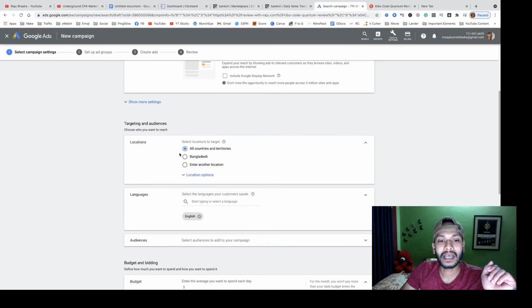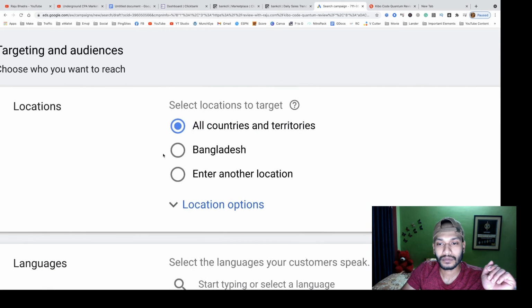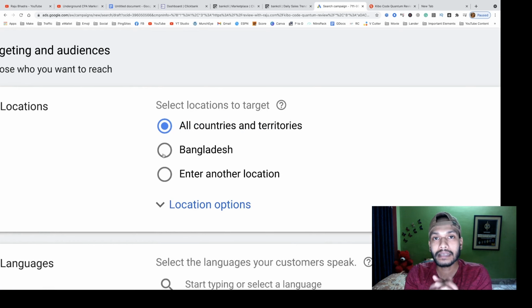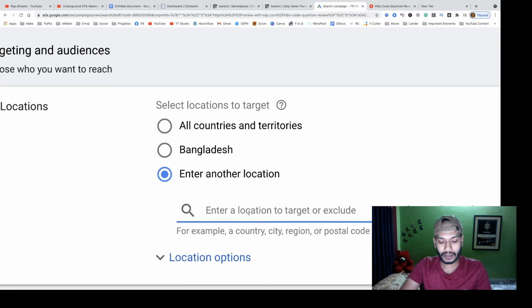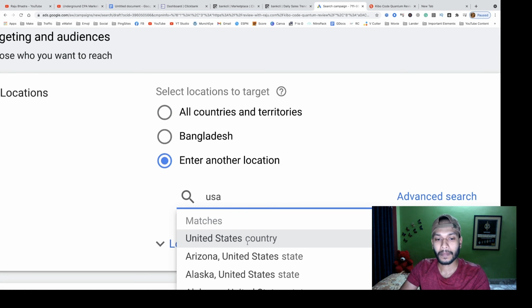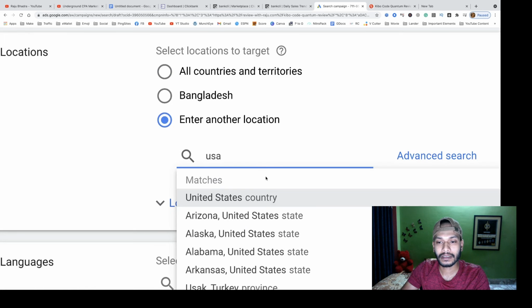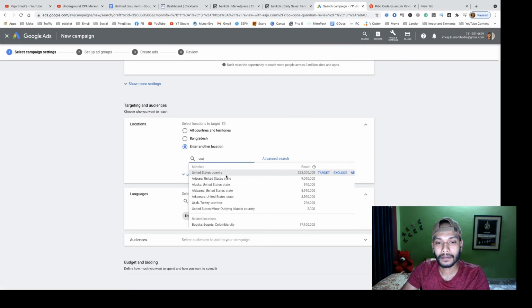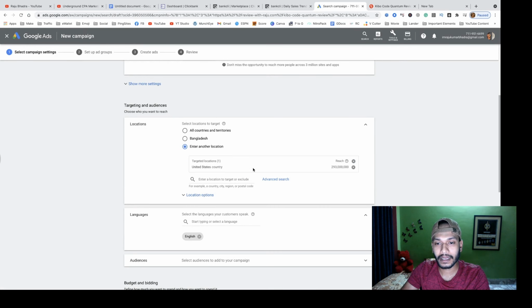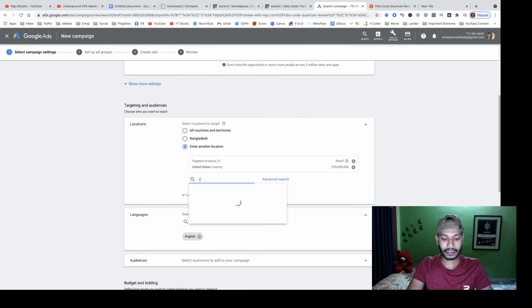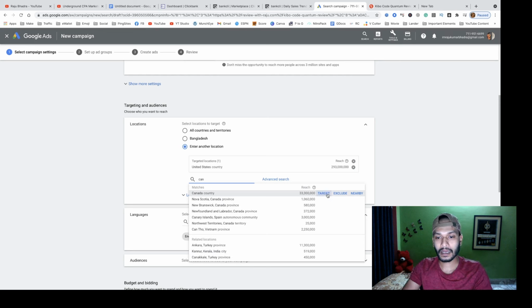And here is the location. In this case, I recommend you choose only tier 1 countries. Enter your location, search USA, and you see United States here. Just click target, then click Canada.